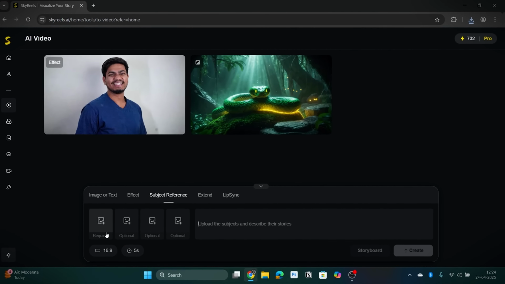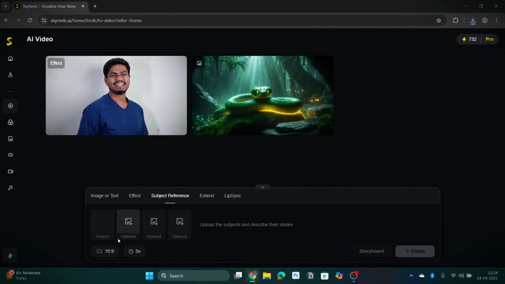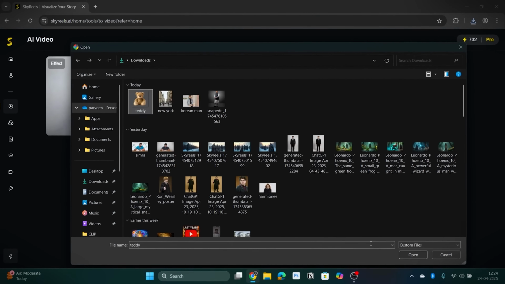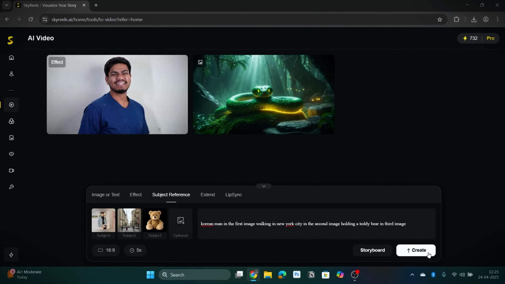Now, the next feature is quite useful to me, because if you put your main character in the first image here and then put something random in the other 3 images and write a prompt in which all the elements are together, you can get a result like this. Isn't this quite a useful thing? Till now.